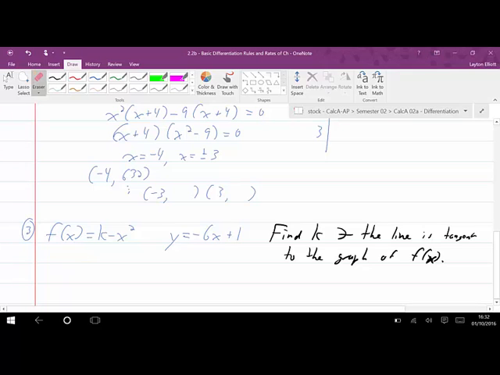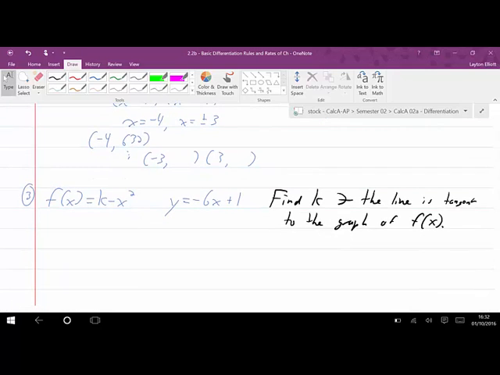This can be tricky. It makes sense to me, and this is kind of one of those where when you realize what you have to do, there's sort of this moment of like, really? What you need to have, for this line y to be tangent to f of x, is y actually has to intersect f of x, because that intersection point should be the tangent point. Oops, it's actually really hard to freehand that. So you actually have that they intersect, so you get to set them equal to each other. Negative 6x plus 1 equals